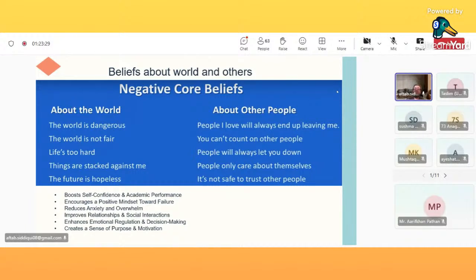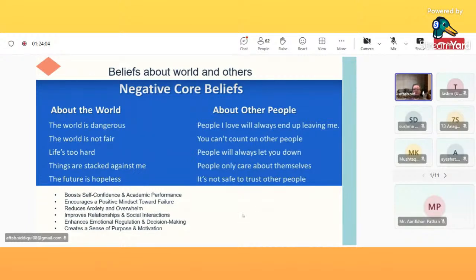These are also some negative core beliefs. If any student or anyone is living by these beliefs, believe me, they are not going to make any progress in any sphere of their life, maybe study or anything. So when the student learns about these negative beliefs, it will help their confidence and academic performance, and they can learn that these are the negative beliefs and I have to change this. So you can often teach about the negative core beliefs that hinder success.